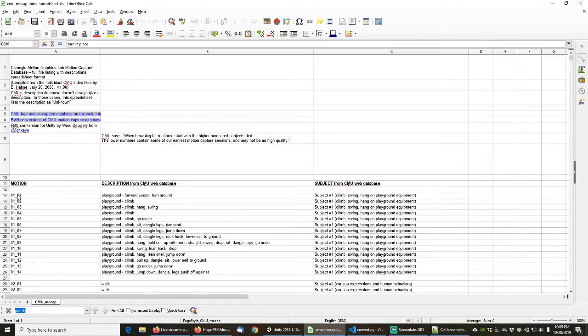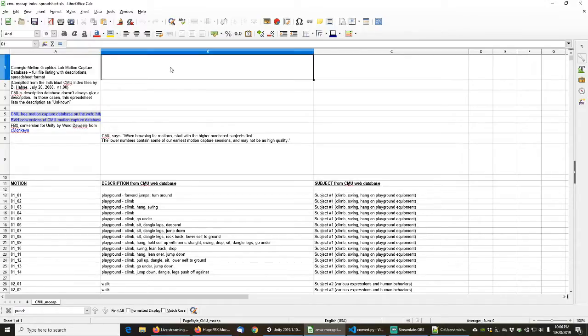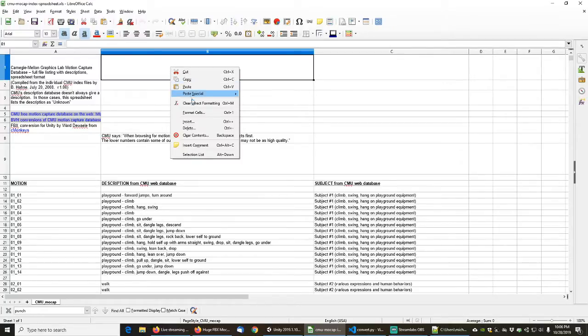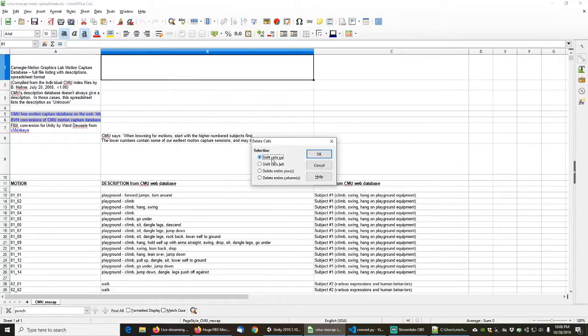So 01_01 was blank, there was nothing on that row, and then the row after, 0114, had this content. So if you're going to download this script at some point in the future to rename your Carnegie-Mellon animations, make sure you go into your spreadsheet and delete the first cell. You can click delete and it asks you to shift cells up, and that's what you want to do, and that will shift this entire second row up